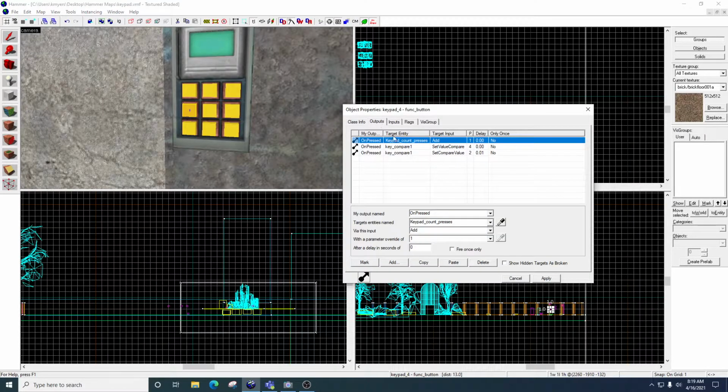So number 4 is going to do the same thing: on pressed, keypad, count presses, add 1. Then it's going to set the value to 4 and do a comparison. Then it's going to set the compare value to 2. So my combination is 1, 4, 2, 3. So if we look at button 1, here's button 1, and then it tells us that the next